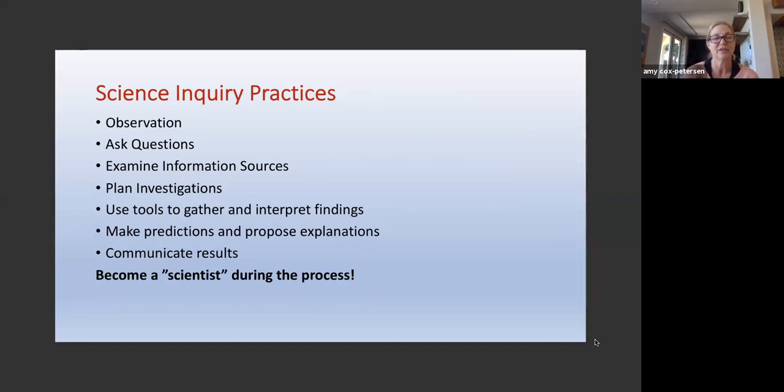And this is what I believe is critical to having them, I don't want to say perform like scientists, but you can see my last line here. It says become a scientist in the process. And one of the key processes that scientists engage in every day is observation, almost every day. Scientists also ask questions. They examine information sources, plan investigations, use tools, interpret findings, make predictions, propose explanations, and obviously